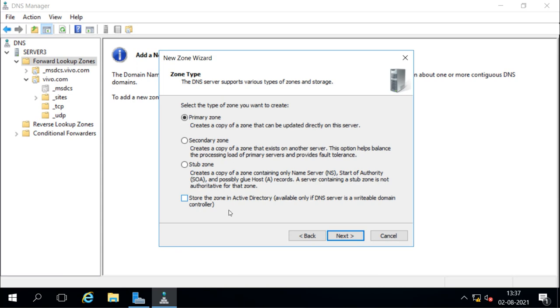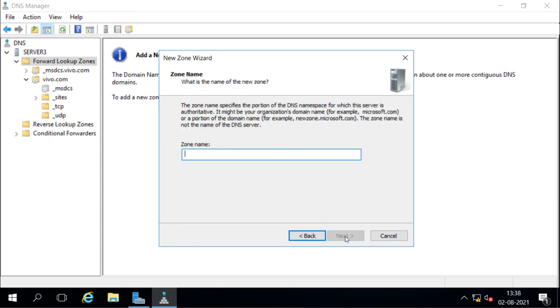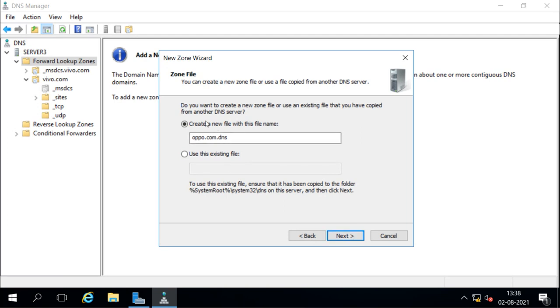Now when you don't select this and go next, it will ask for the zone name. Let's say for example I will give oppo.com. Now it says that it is going to store the file for the zone in this location, Windows System32 DNS directory, as a normal text file.